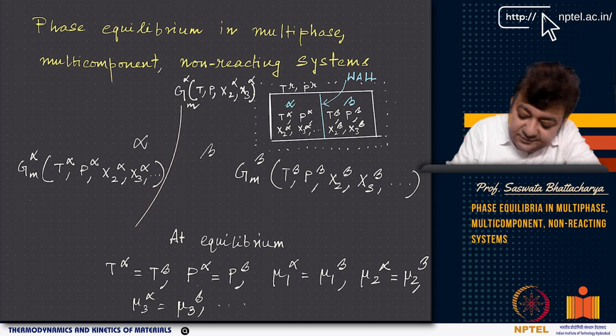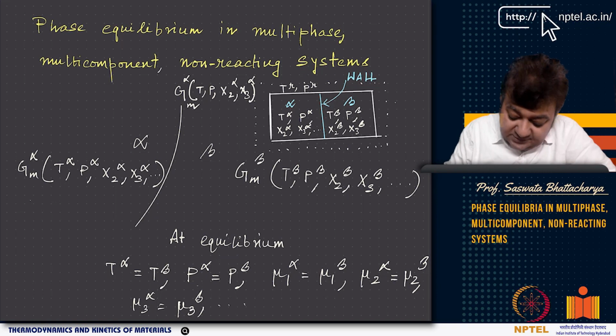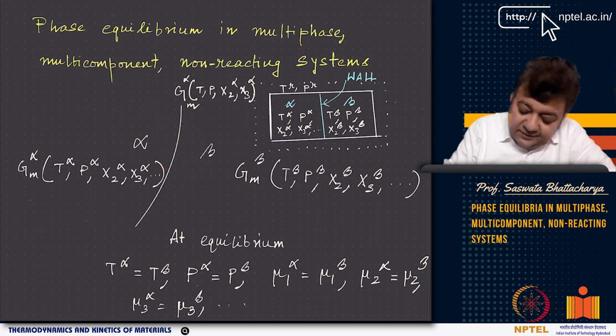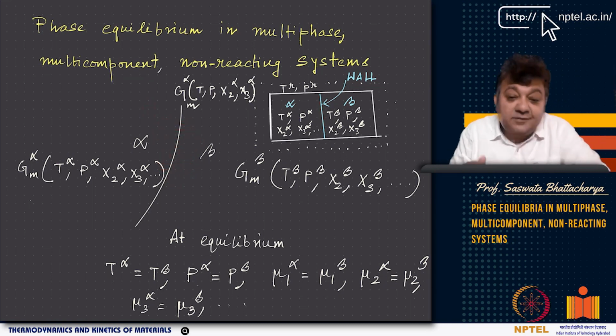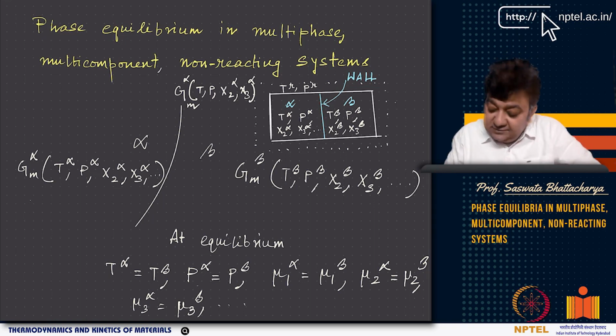Across this phase boundary, you can have different components like 1, 2, 3, and 4, and they can diffuse across the phase boundary. This boundary is permeable to the diffusion of these components. So 1 can diffuse this way, 2 can diffuse this way, and so on. Basically, from higher chemical potential to lower chemical potential, they will diffuse until the driving force becomes 0 and you achieve these equilibrium conditions, right?